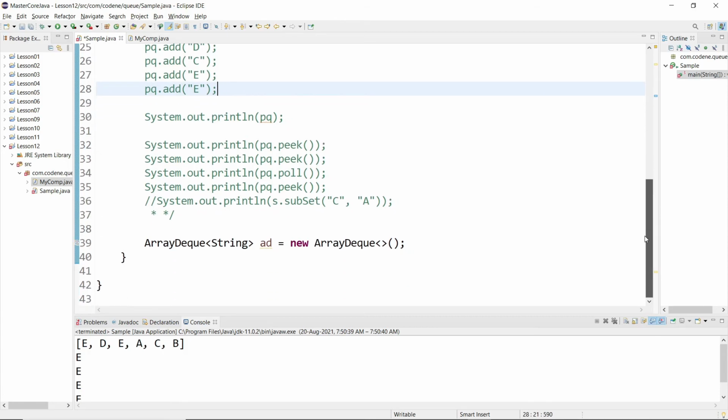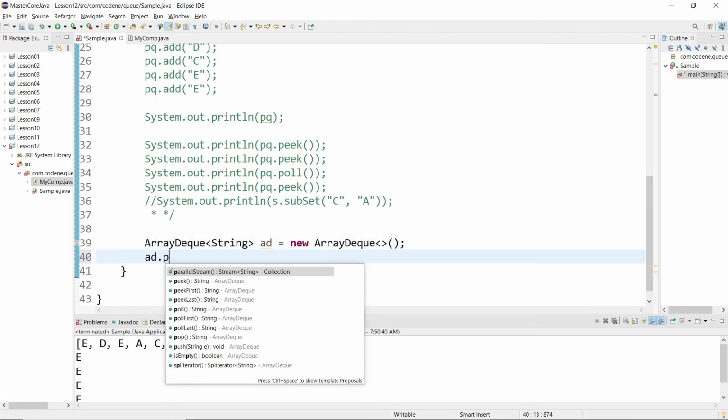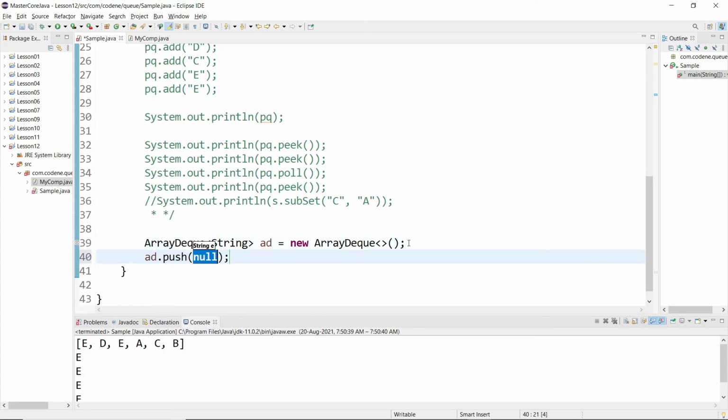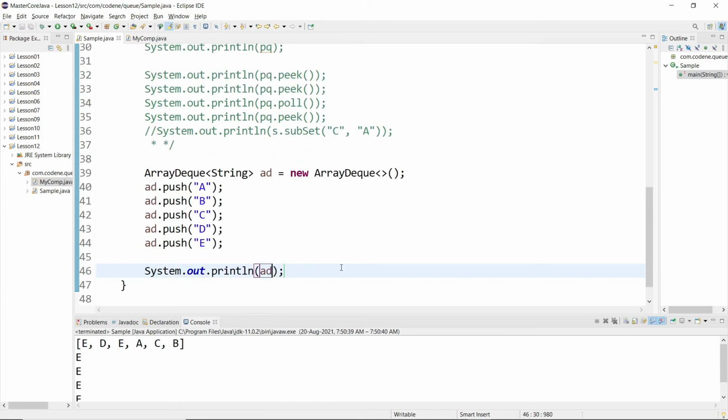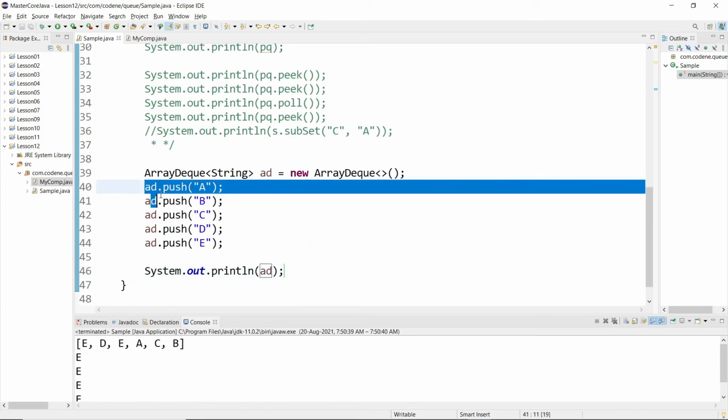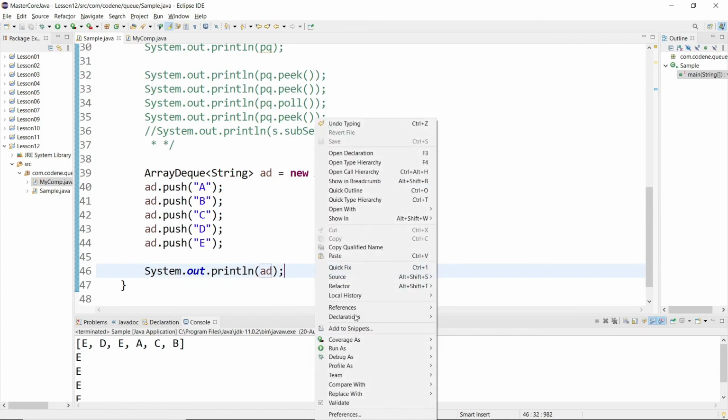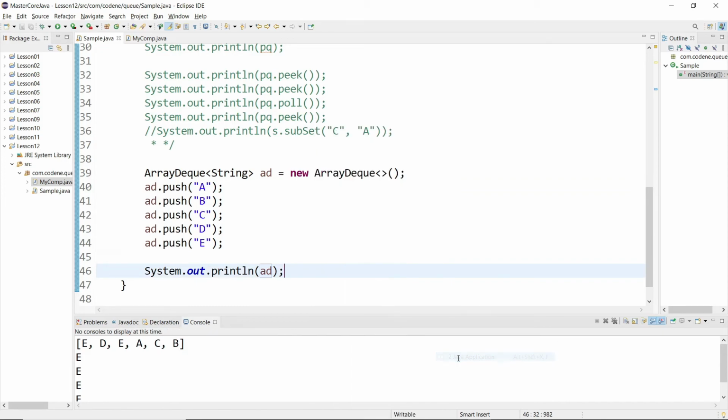Yeah, so we want to make our ArrayDeque work like a stack. What we will do is use push instead of our add. All right, let's push them. Let me just write it down quickly. Okay, so I have written the code quickly, and now if I print this, let's see what output we get. So we are getting e d c b a.